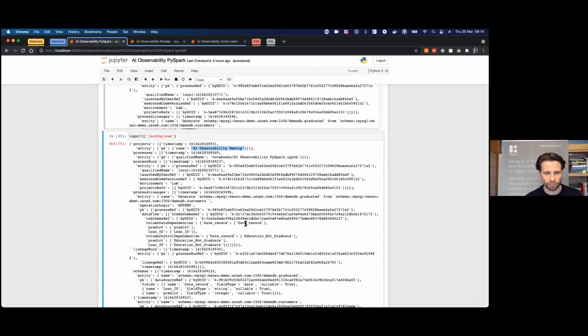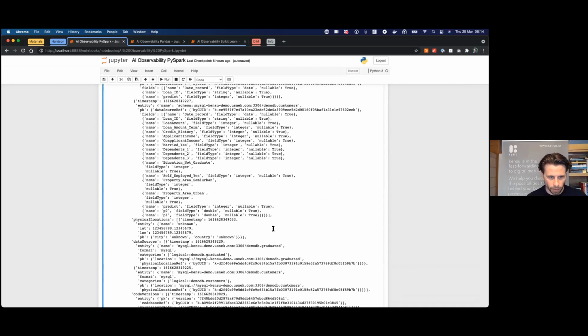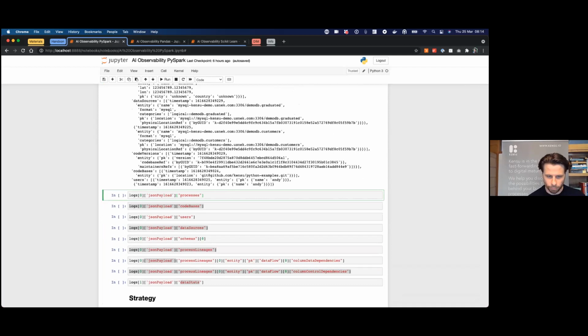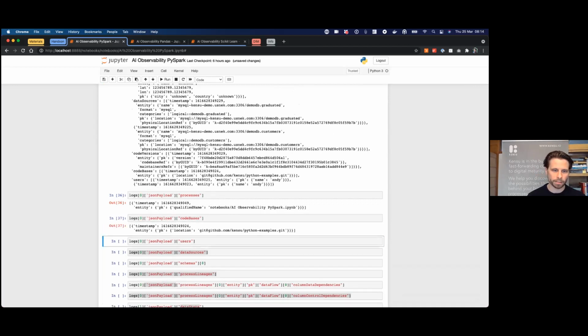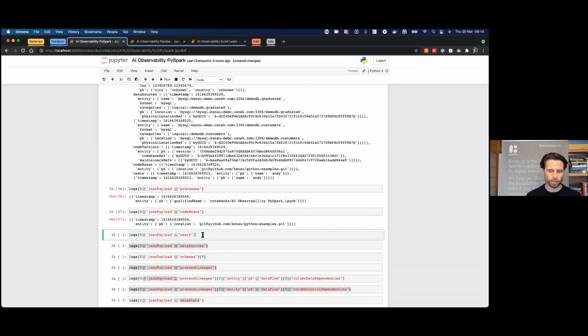There are other stuff that are part of this. And of course, the logs can be long. There are the processes. The processes report what is the name of the application, right? So currently we are running the AI Observability PySpark.IPNB. So the server will know that the application currently running is this one. Also the code base. If there was a Git, then you know where the code base is, right? So you know where the data will be, the application will be.